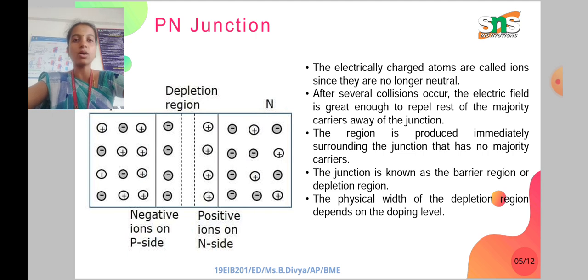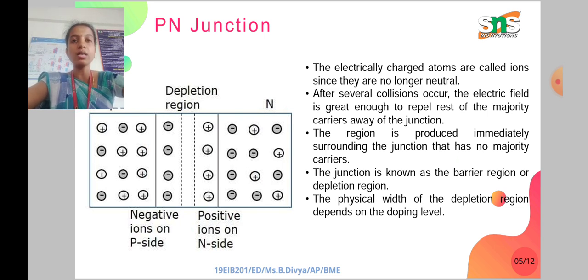where the electrons and holes are combining together. After several collisions occur, the electric field is great enough to repel the rest of the majority carriers away from the junction. After several electron and hole collisions, the electric field is great enough that we gain high electrical energy,